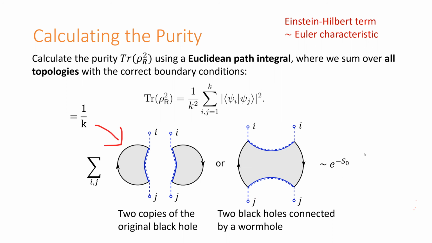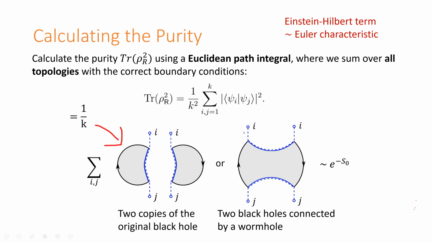So this Euclidean wormhole is very, very suppressed. It doesn't want to exist. It's like an instanton effect. It's non-perturbatively suppressed. But when we do this double sum over i and j, then there's no longer any reason